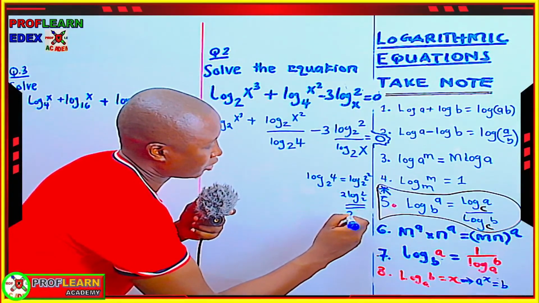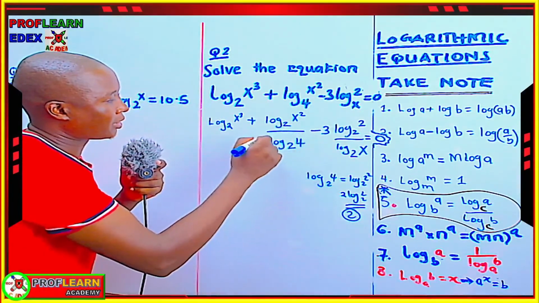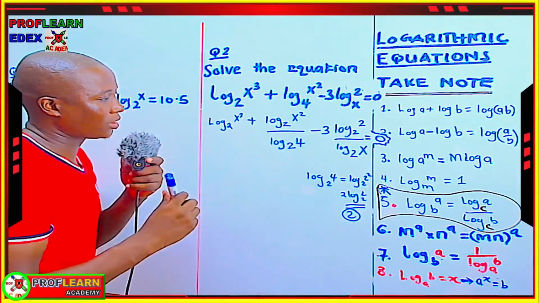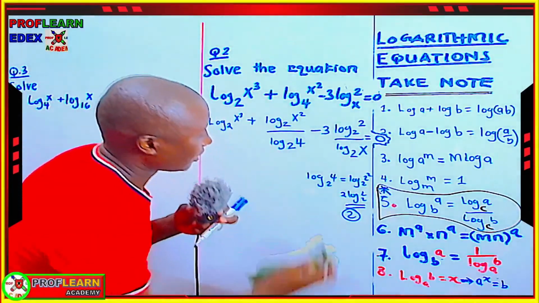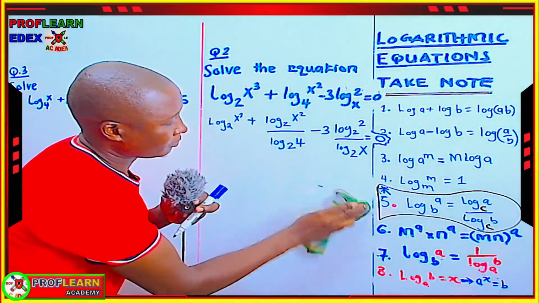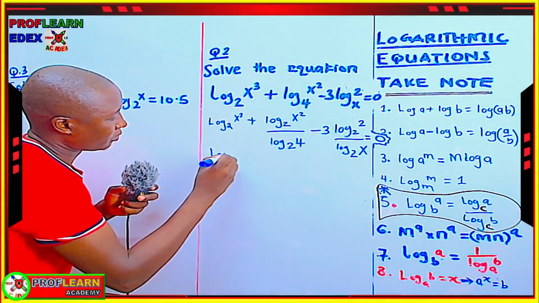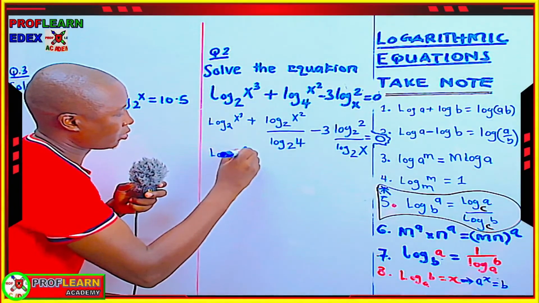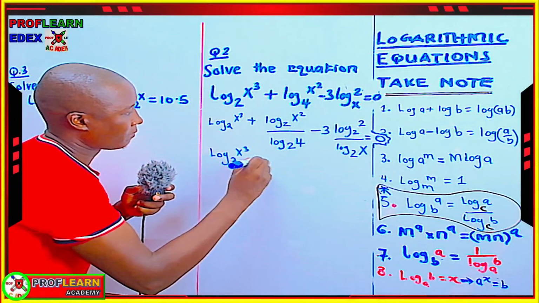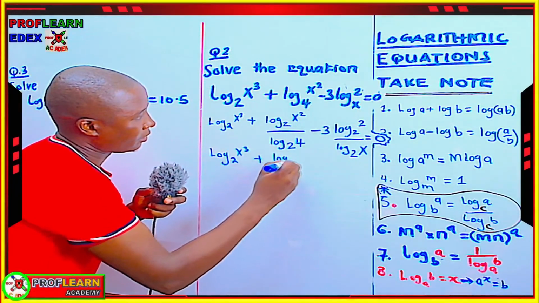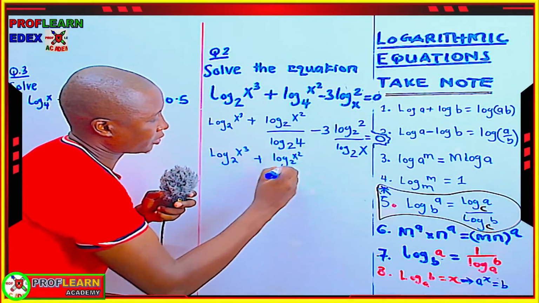If I want to make things cleaner here, I'll have 3 log x base 2 plus log x base 2 minus 3 over log x base 2 is equal to